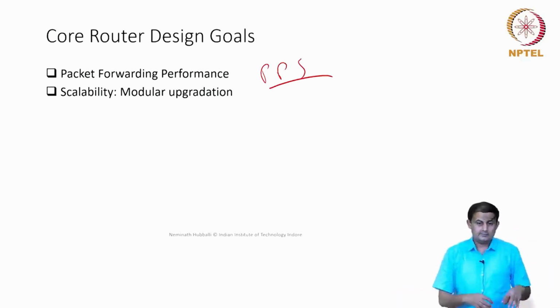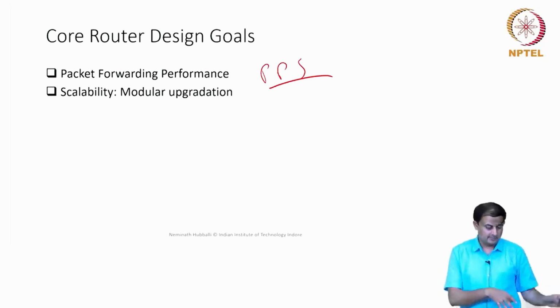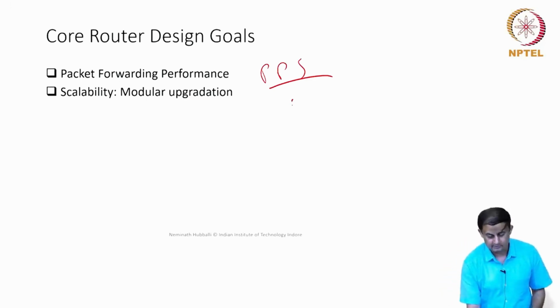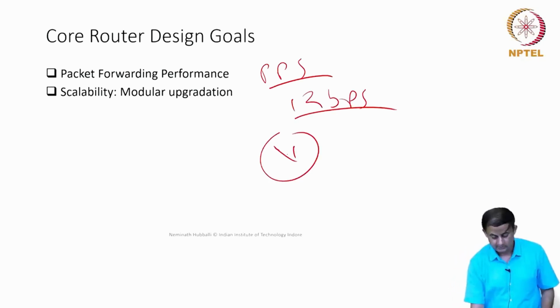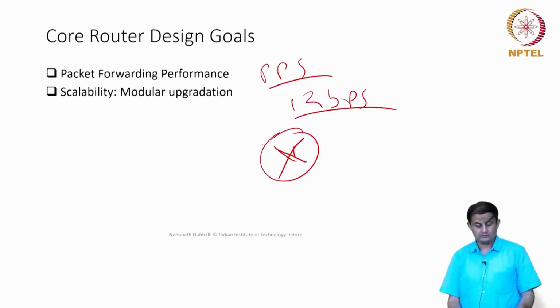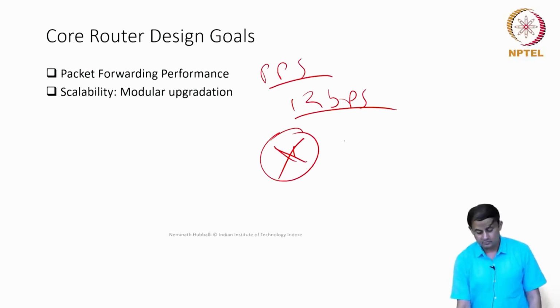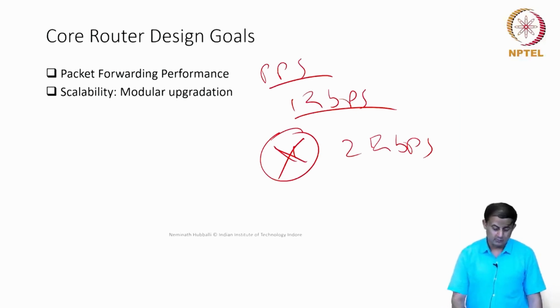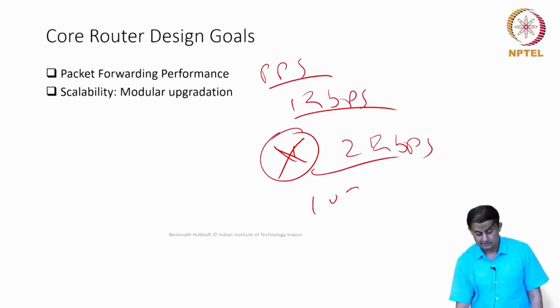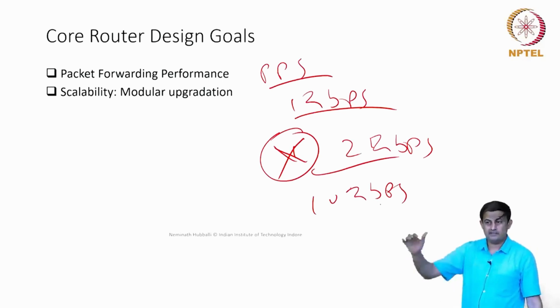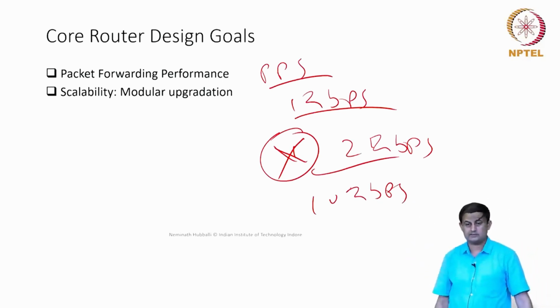On the other hand, if you have a modular design, currently let's say I am receiving 1 Gbps traffic on my router. I am going to build a router which is capable of handling 1 Gbps, and 2 years down the line this might go up to 2 Gbps. So I am going to add new hardware, a new component to the existing router which can handle 2 Gbps of capacity, and 10 years down the line if I am aiming for 10 Gbps, I keep adding every year. I am going to add some component to the existing router,